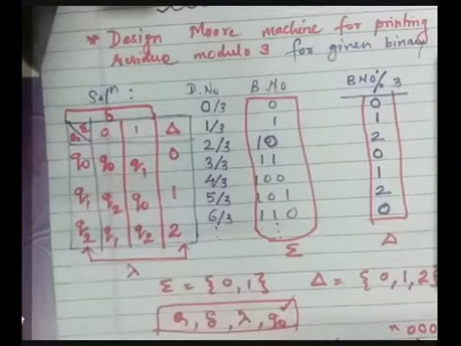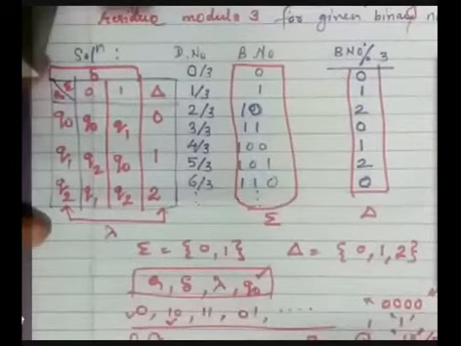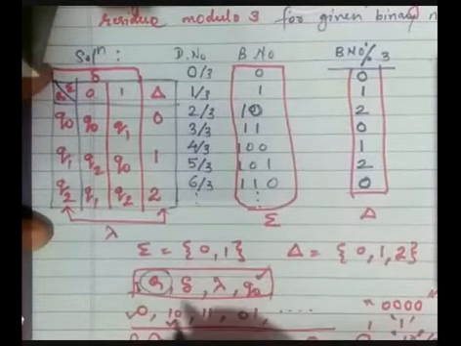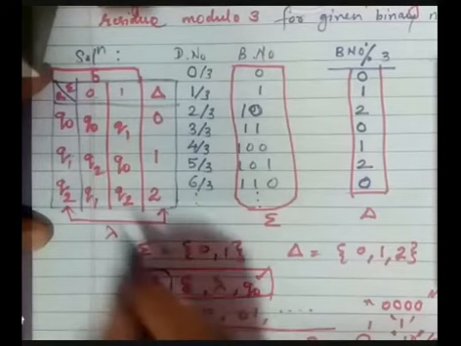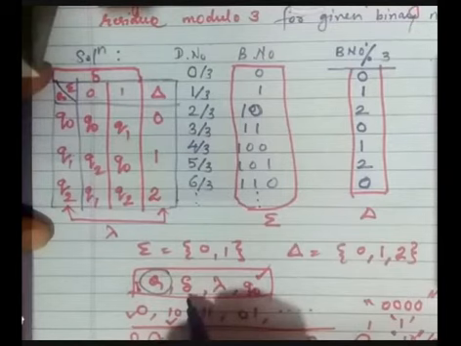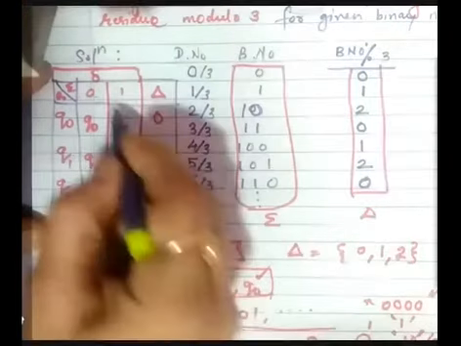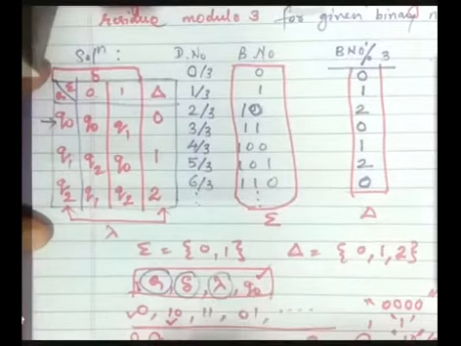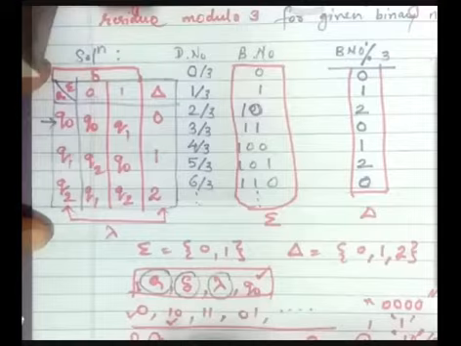So can I say now I have defined the machine. What is my Q? It is Q0, Q1, Q2. What is my delta function? That is the state function, these 3 columns. What is my lambda function? These two columns are representing my lambda function. And what is my initial state? Q0 is my initial state, as it is also represented in this diagram. So I hope you have understood this problem.